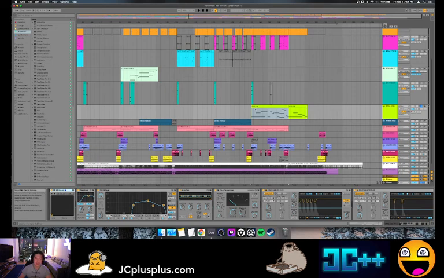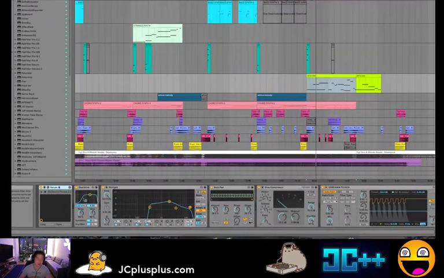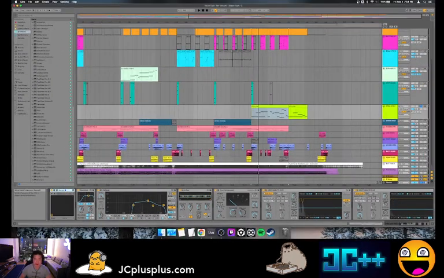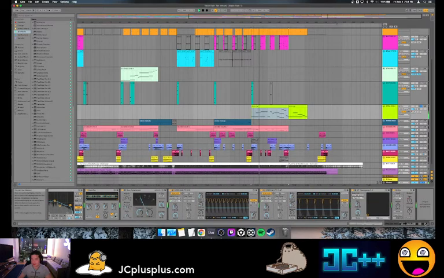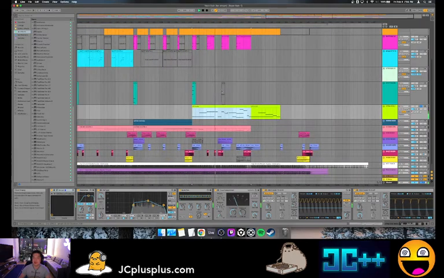The synth itself is Serum. Let's open it up. Electro Phrase 2. Yeah, it's got kind of those formant filters, so it almost sounds like a voice, but not quite. But I added overdrive, I EQ'd it, I auto-panned it pretty aggressively, or at least with a rapid rate, so that's why you hear it kind of going left and right. Compressed it, sidechained it, etc. So Serum did a lot of the work for me in terms of making this sound cool, but I made sure I did some interesting stuff with the